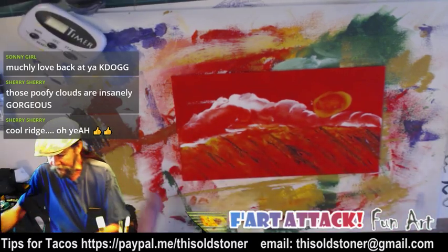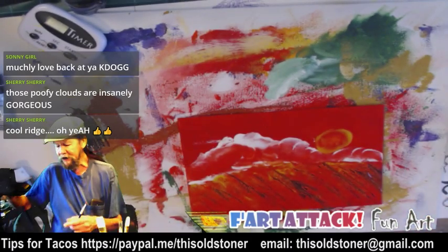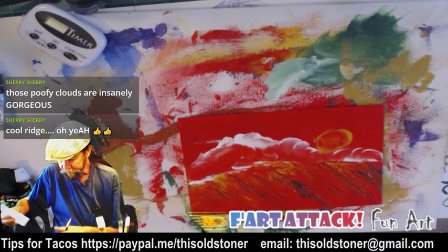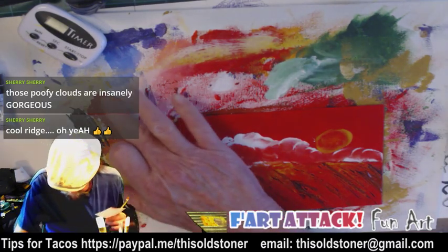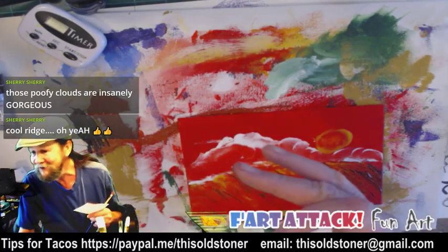Oh, that's got me all excited now. Now I want to squirt a little bit of yellow on here and a little bit of white. Oh, but first, I'm going to do this. I got to get my hands in it. I definitely got to get...